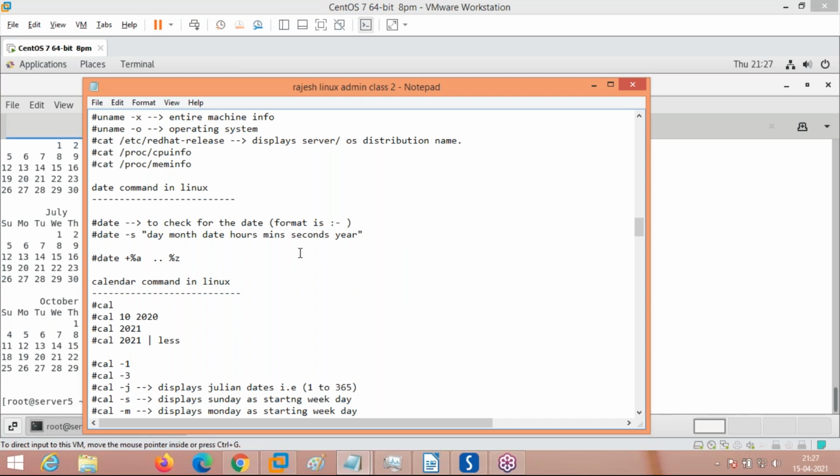Tomorrow we want to see the same commands in detail with all the options, what the required options are, how to check, and all the things. Again, repetition will be there. And tomorrow we will see even the file creation commands, renaming commands, directory creation, and removing. All these things will be covered.